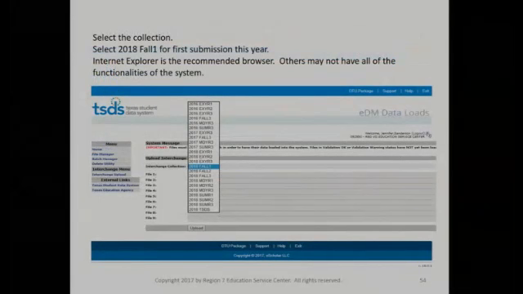You'll select that. And again, we hope that you're in Internet Explorer while you're doing this, so it'll run a lot more smoothly for you. Some of those other browsers don't have all the functionalities of Internet Explorer for this process. That's the way the programmers built it, and so that's why they recommend it. So you'll select the collection,